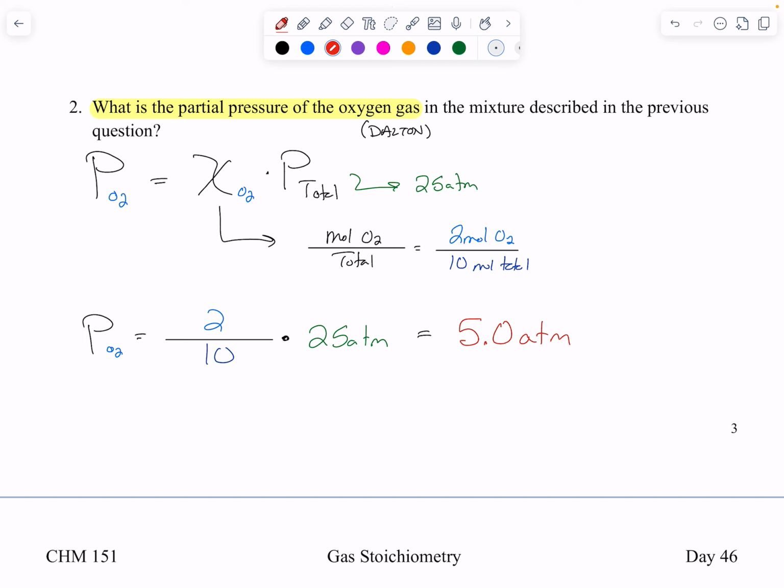Because technically this is 2.0 moles, right? 2.0, 10.0. So 5 atmospheres. Excellent. I like it. Hopefully that makes sense. Now,